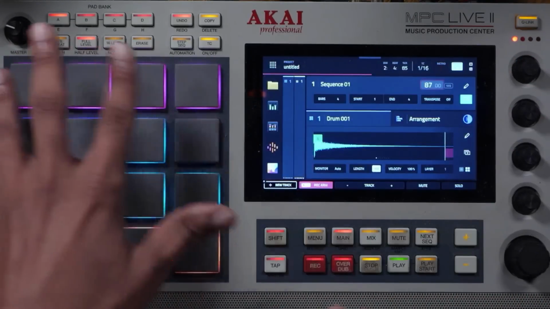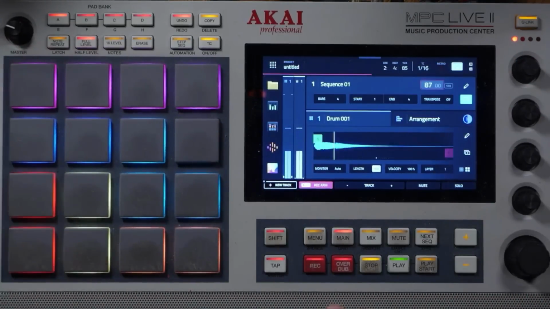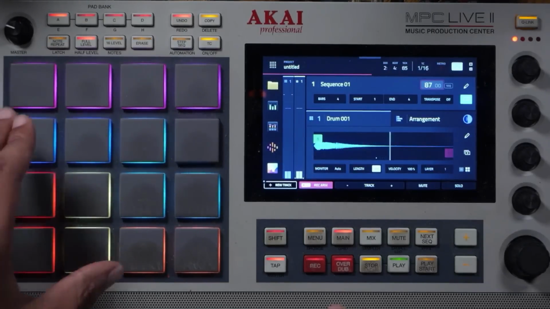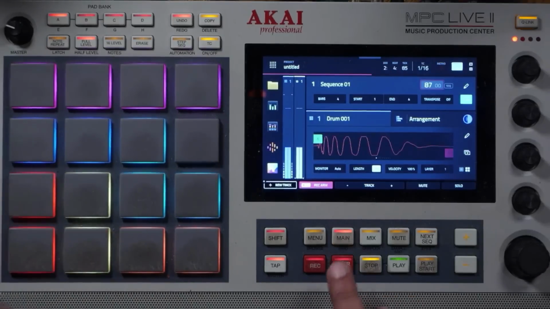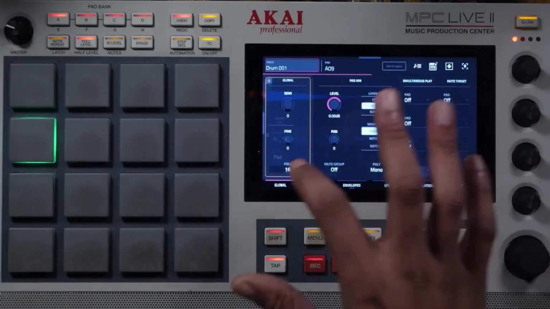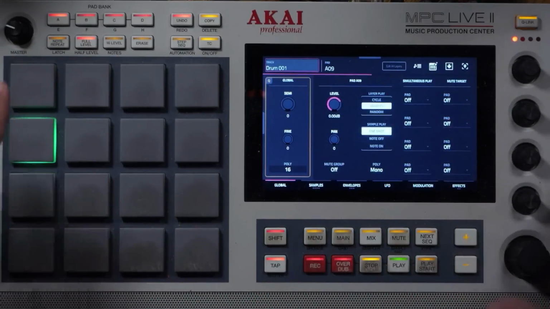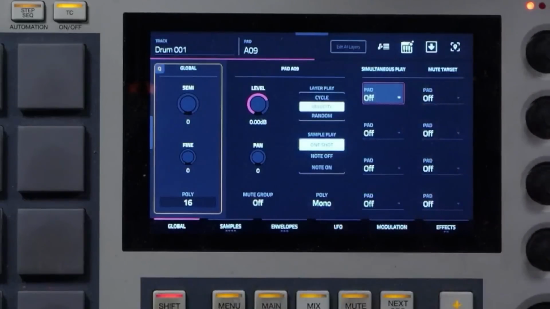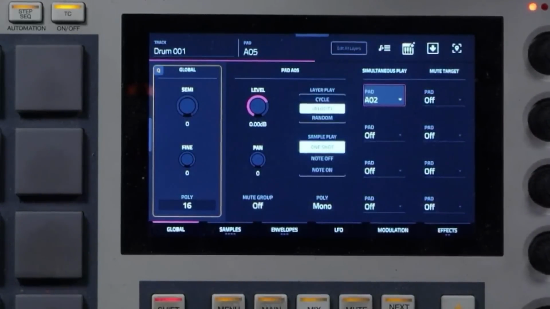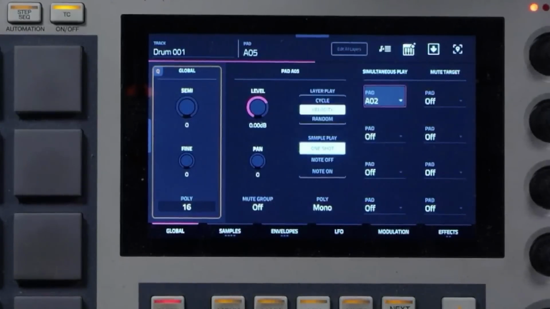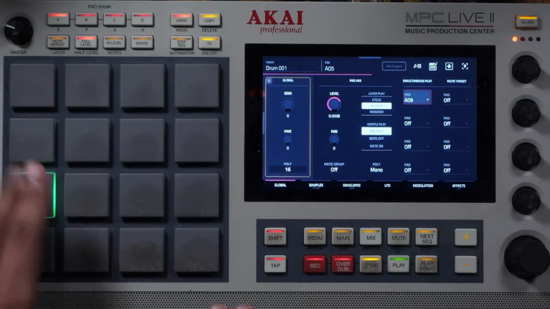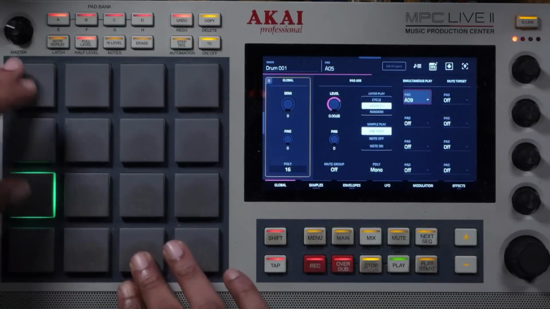So I have a couple of sounds over here like this, that. Because I have two kicks, maybe I want this kick to have this sound in it, right? Instead of just me using two fingers. This is something that most of the finger drumming community don't talk about, and that is simultaneous play. So simultaneous play will allow me to add a certain pad to another pad. So this is pad, I believe, pad number 9 or 8 or something like that. There we go. So in theory, it'd be like